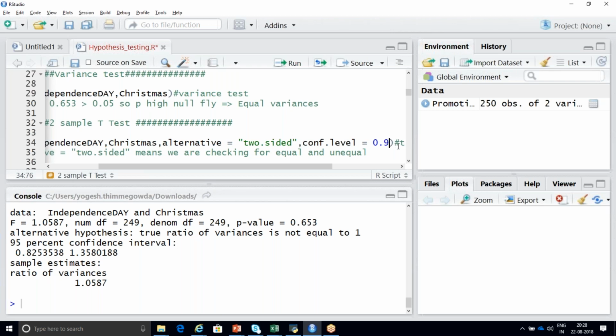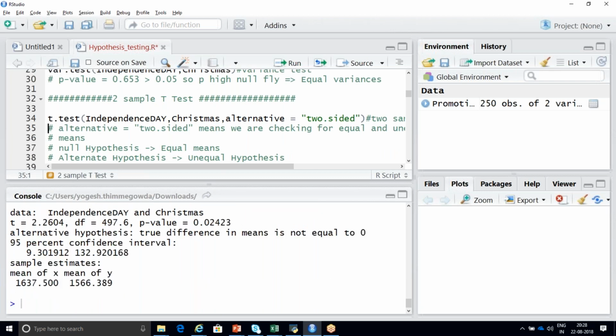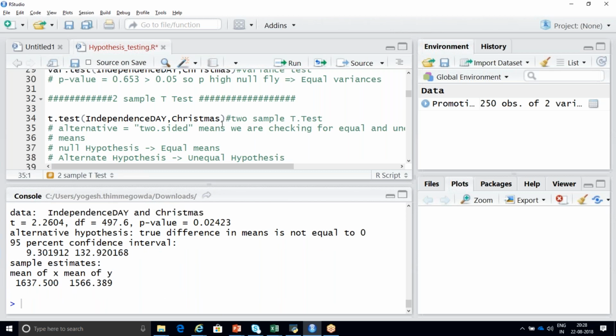Or else you can just remove this, and in the latest version your default value works. If you don't use confidence level, it will automatically take the default value, which is 95%. If you don't pass this, it will take your default value.